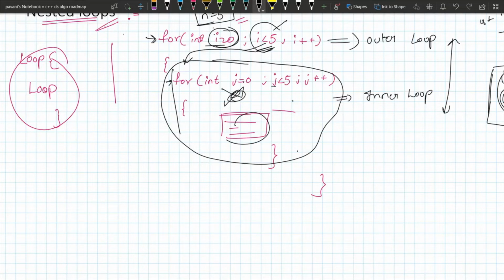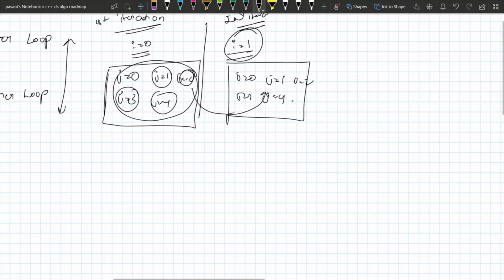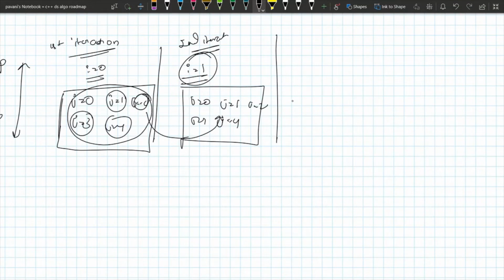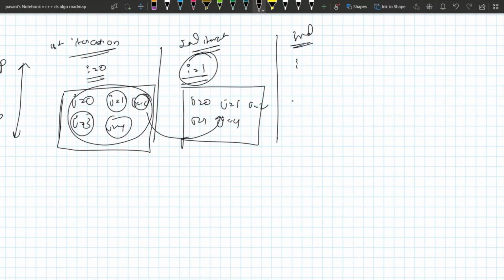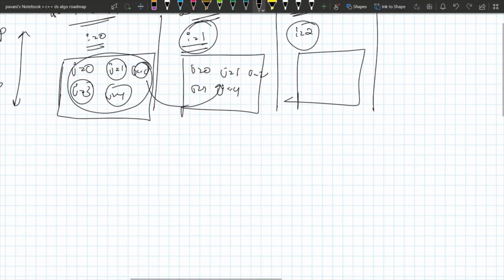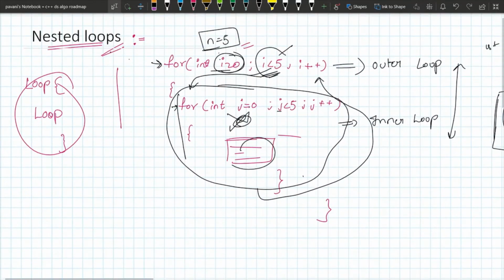As the block of code written in the outer loop is completed, now the cursor goes to the increment or decrement part of the outer loop. Now I is incremented to 2. Third iteration, I is 2, and again the block of code written in the outer loop is going to be executed.